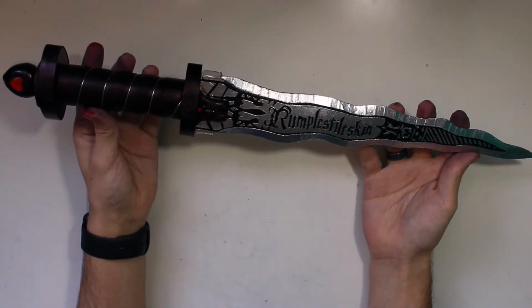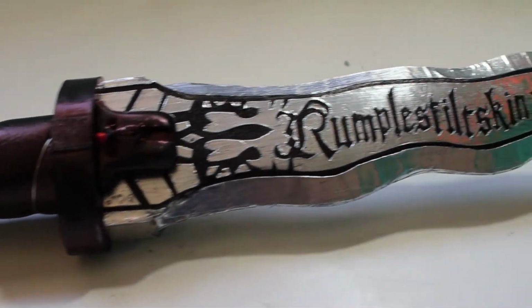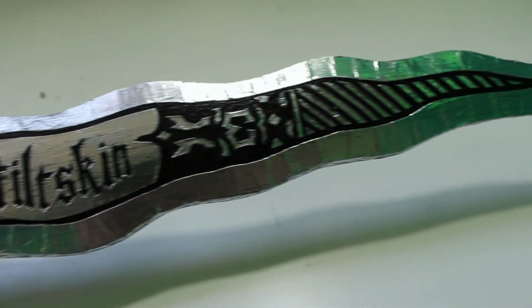Welcome everybody. Today we will be making the Dark One Dagger from Once Upon a Time. This is a super simple build and only requires a few materials, most of which you can find around your